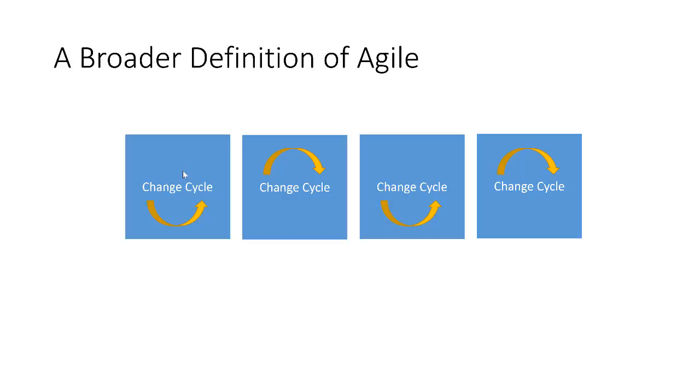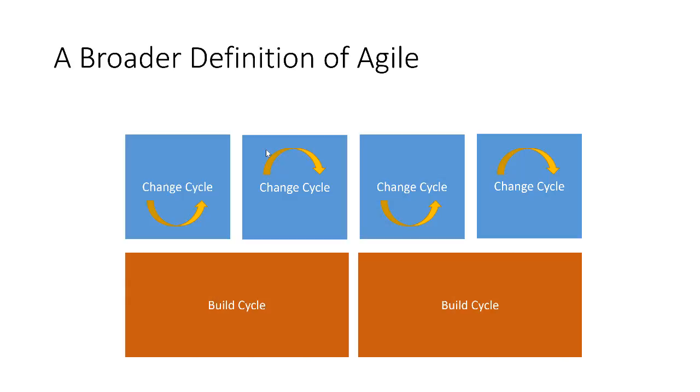It might be that your customers are making these kinds of quick changes, or it might be that the underlying technologies are making these kinds of quick changes, or the businesses or your competitors are moving this fast, right? If this is the change cycle in your organization, and this is your build cycle for being able to create and deliver products and services to your industry, are you agile? And the answer, obviously, is no, right? Because your build cycle is twice as long as your change cycle. In this case, you are not agile.